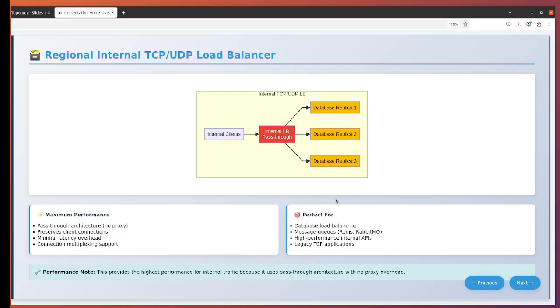This preserves client connections end-to-end, which is important for database session management, connection pooling, and transaction handling. It also supports any TCP-based protocol: PostgreSQL, MySQL, Redis, MongoDB, or custom TCP services. The load balancing is connection-based rather than request-based. New connections are distributed across backends, but existing connections stay pinned to their original backend, which is exactly what database